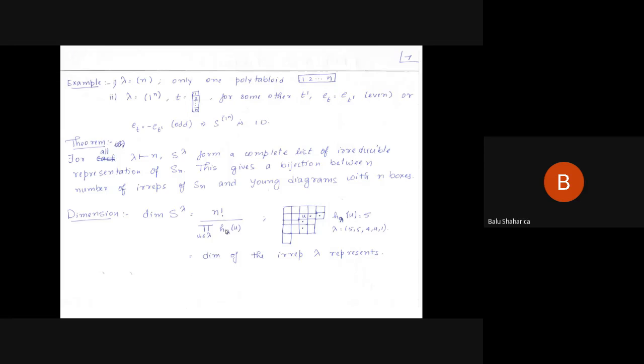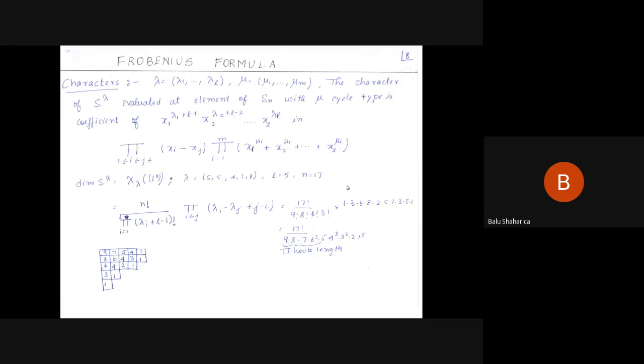Here the dimension, which is basically the number of standard Young tableaux, is given by n factorial divided by the product of hook lengths. This we had done in class as well. So here's an example of how hook length is defined, and now we use the